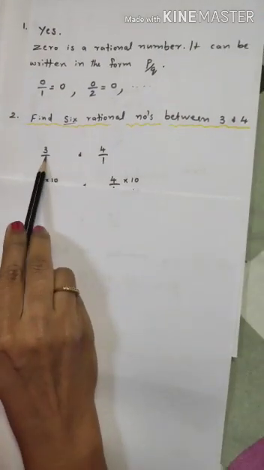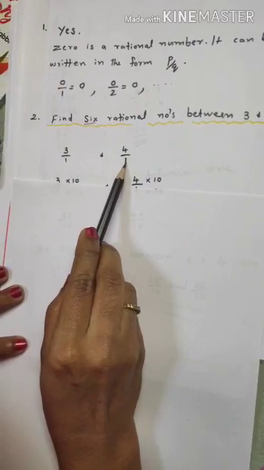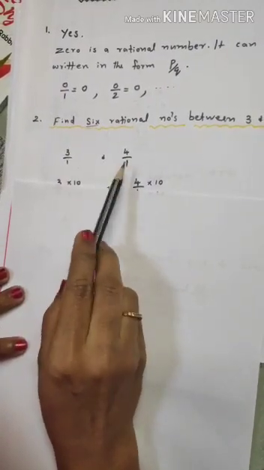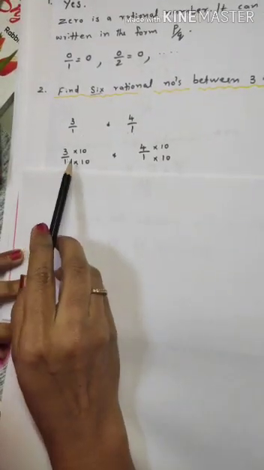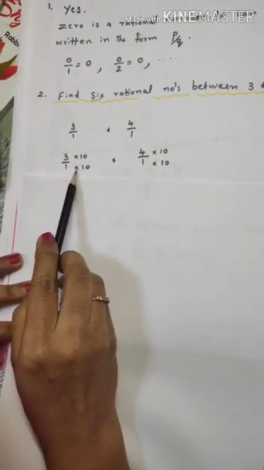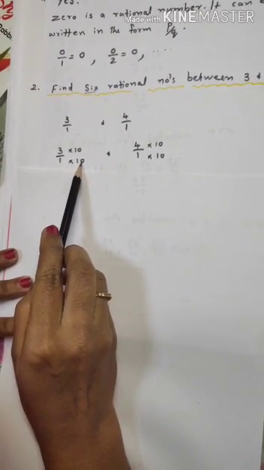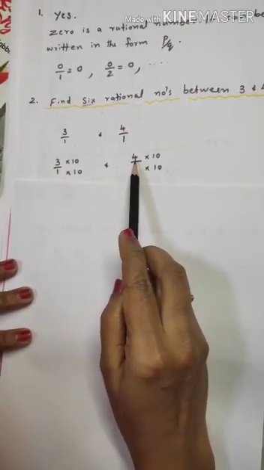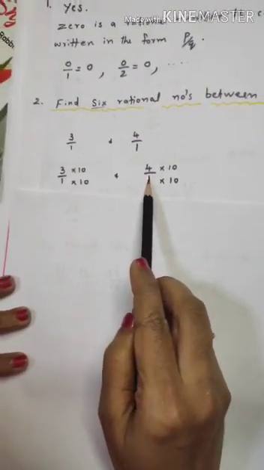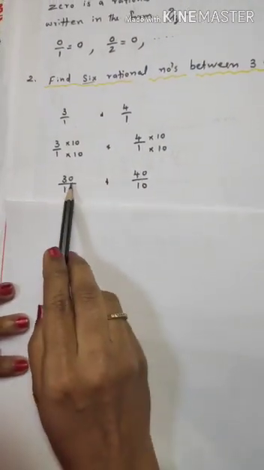We may write 3 and 4 as 3 by 1 and 4 by 1 with the same denominator. Now multiply the fractions with any suitable number. Here I am going to multiply the numerator and the denominator by the same number 10, because it's very easy to multiply by the number 10. So with the same number I am going to multiply 4 by 1 also. So the result will be like 30 by 10 and 40 by 10.